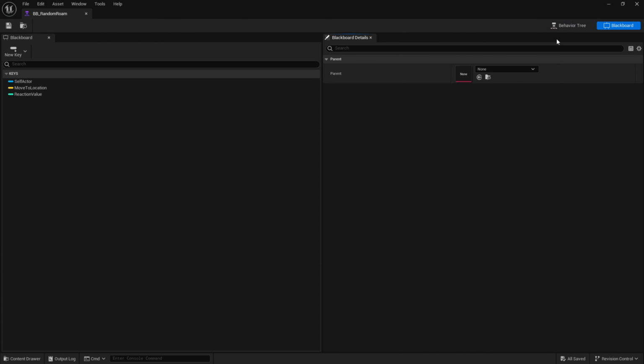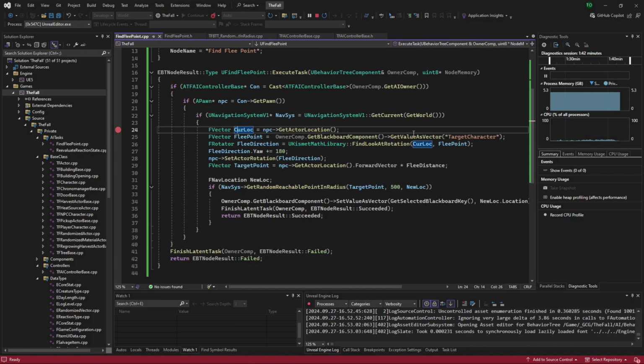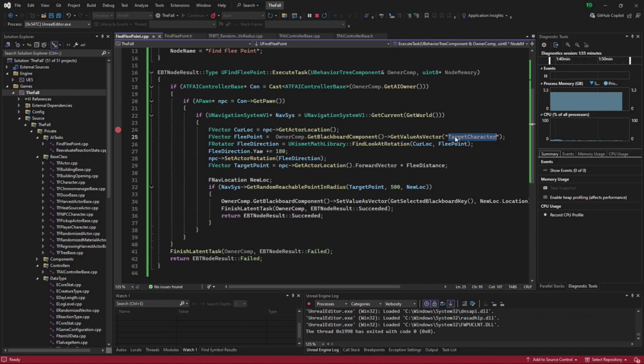First thing we want to actually do though is in our blackboard we need to create that new key we just started using. So it is a vector value and it's going to have a name of target character. And for things like this where case sensitivity and exact spelling are critical, I hate and personally never try to manually type it out. I'll actually come in here, copy it, and then back in the editor,